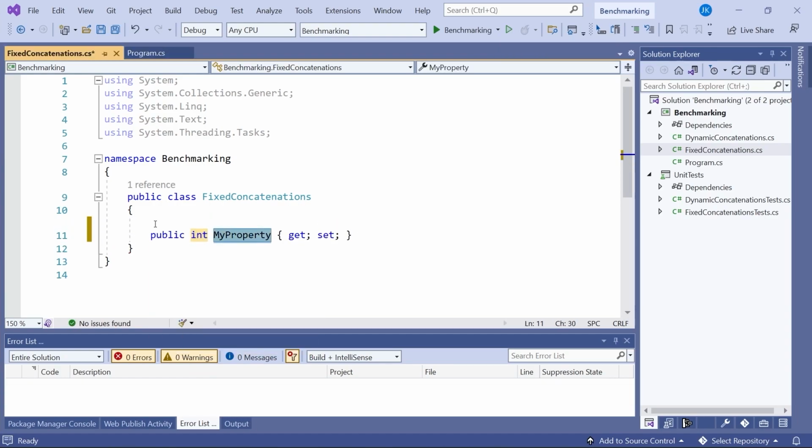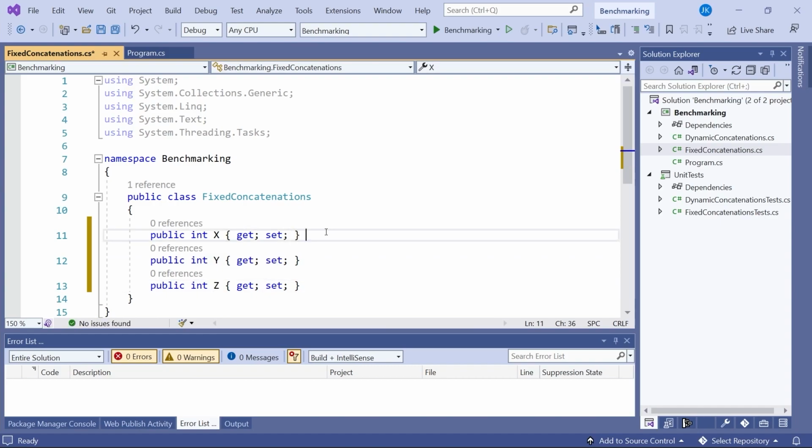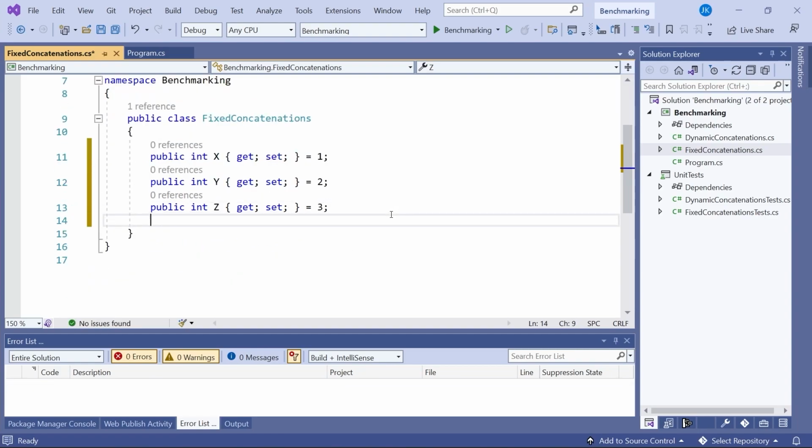I'm going to have an int called x and a y and a z, and let's initialize those to equal 1, 2 and 3,